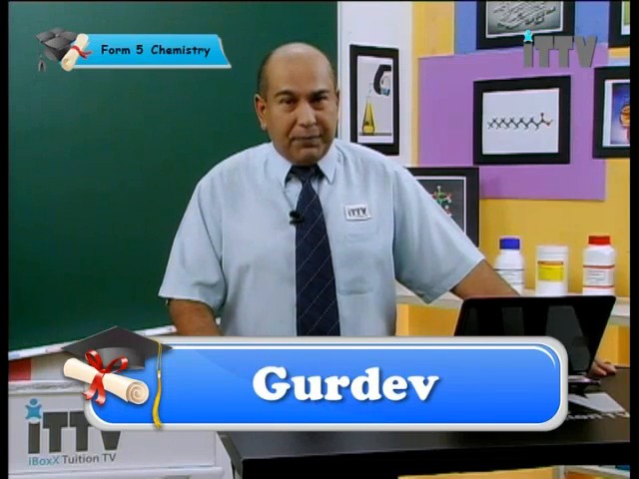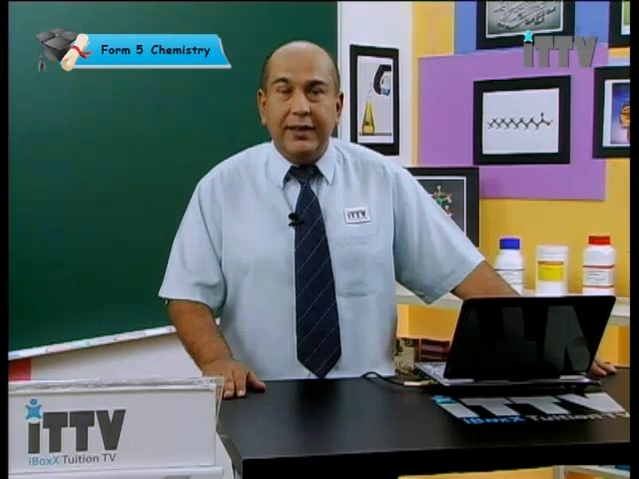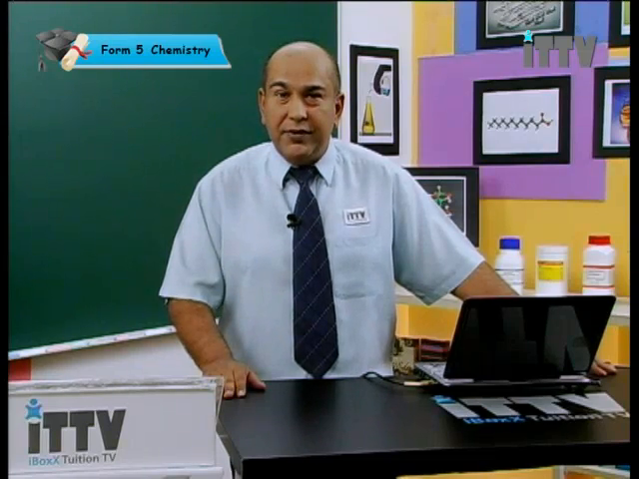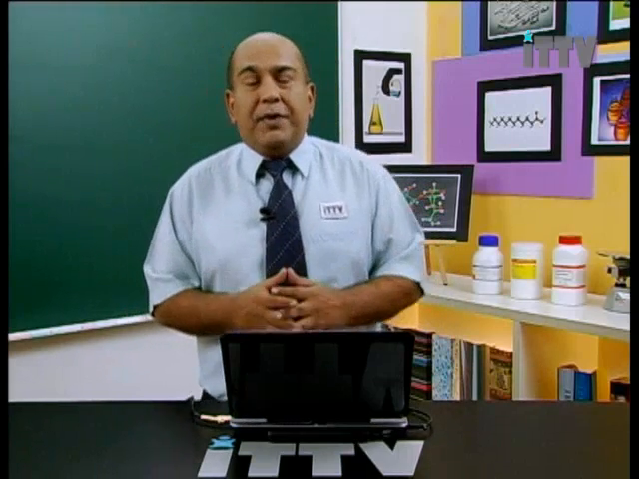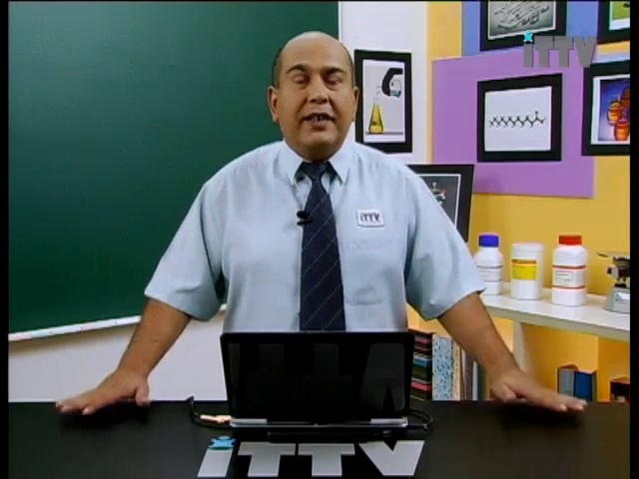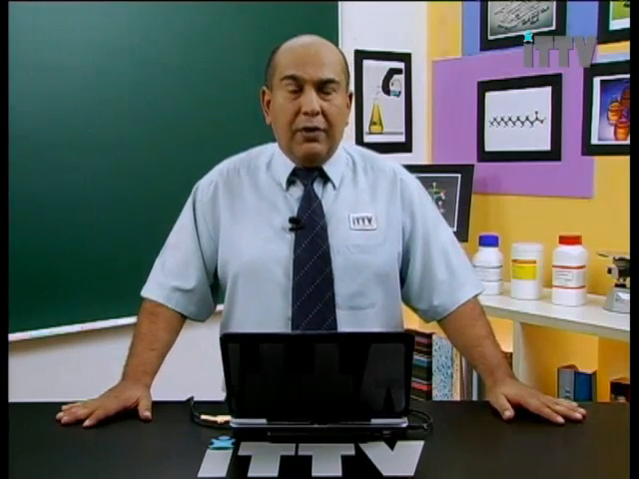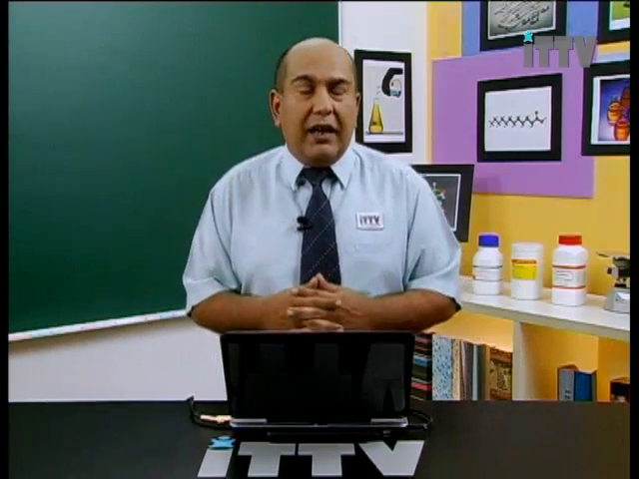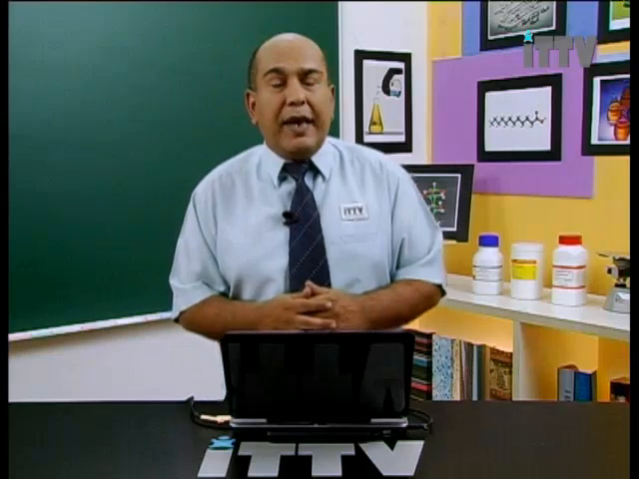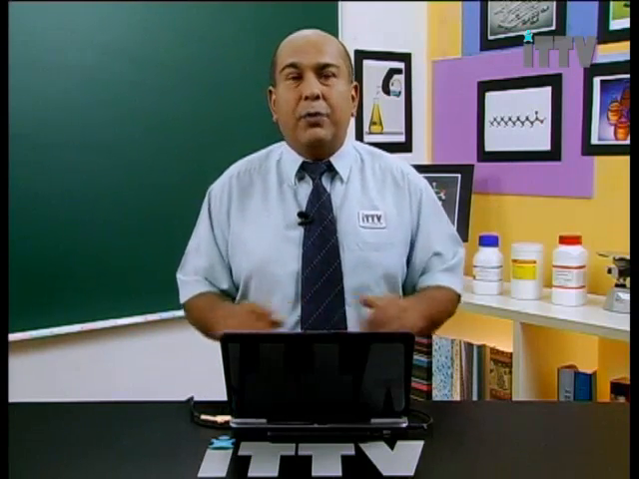Today we're going to enter Chapter 2 of our Form 5 Chemistry, and the title of our first lesson is Carbon Compounds. In this chapter, we're going to look at the variety of carbon compounds that we have. Carbon compounds are all over the place. We ourselves are considered to be carbon-based organisms, plants as well as the other animals that we have here on